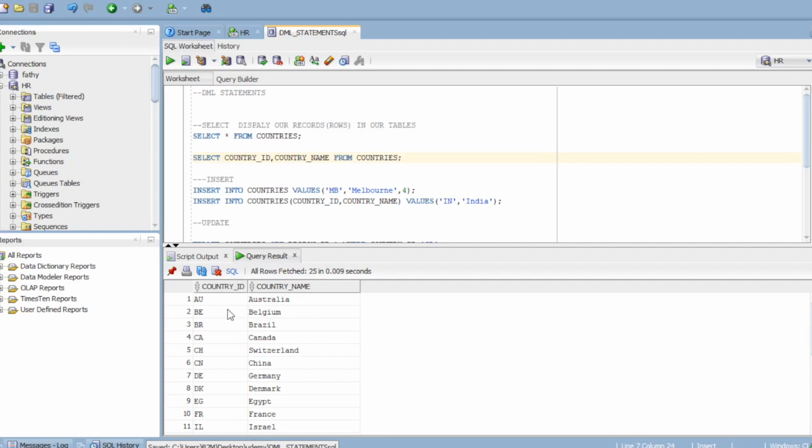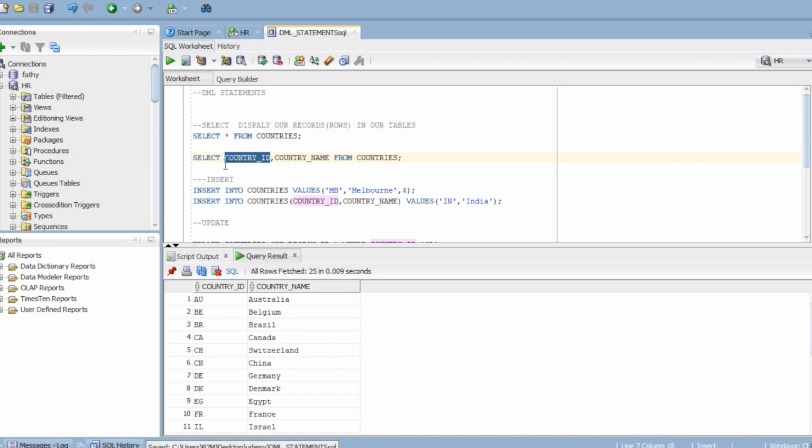Please understand the difference between the star symbol and the list of column names. The star symbol is used to display all the columns in a table, and if I give column names instead of star, only those columns will come.